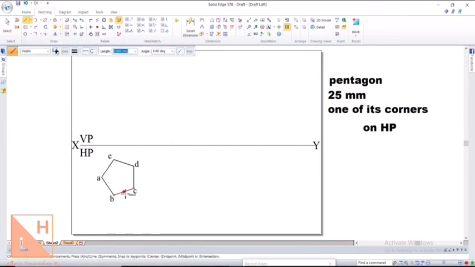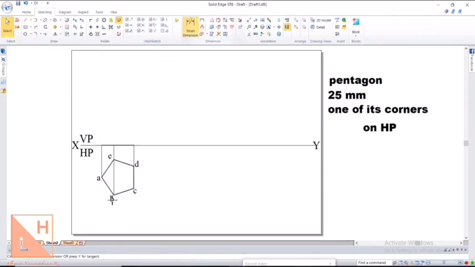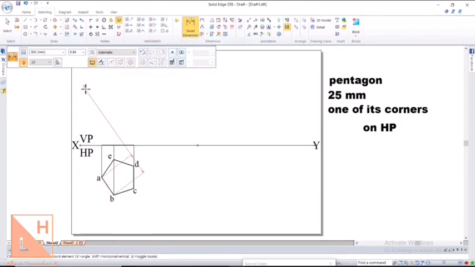Then you can use the projection line by reducing the width to the minimum number, that is 0.13. Again, it's not mandated that you must use 0.13. The thing is that the projection line should be thin, so we'll use 0.13. So while you are doing it in the software, do not draw a complete line. Instead, draw one line till the midpoint, because we need this point as a reference in the next position. So we'll draw one line till this point, and we'll draw another line till this point. Make sure that the line is perfectly horizontal. Use smart dimension and mention the length of one of the sides.